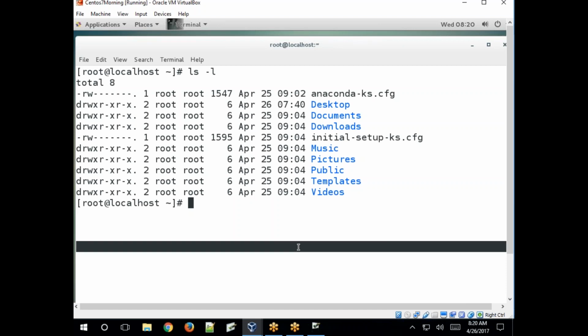The file is in the root group. This is the size of the file. This is when the file was created and modified. And this is the file name. So you will get information in long list format. So that is the basic structure.